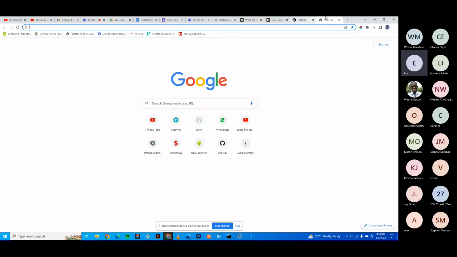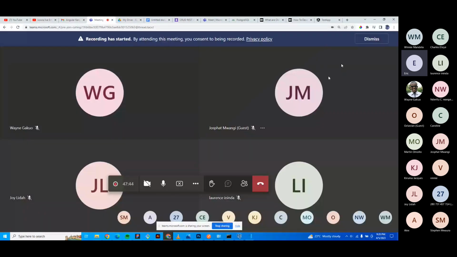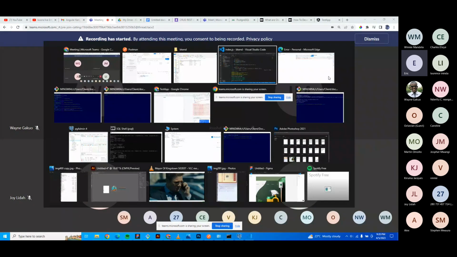When you create an application through Angular and Node.js, initially you'll be refused access to any of the backend services. For you to overcome that, you have to set up CORS access from the backend